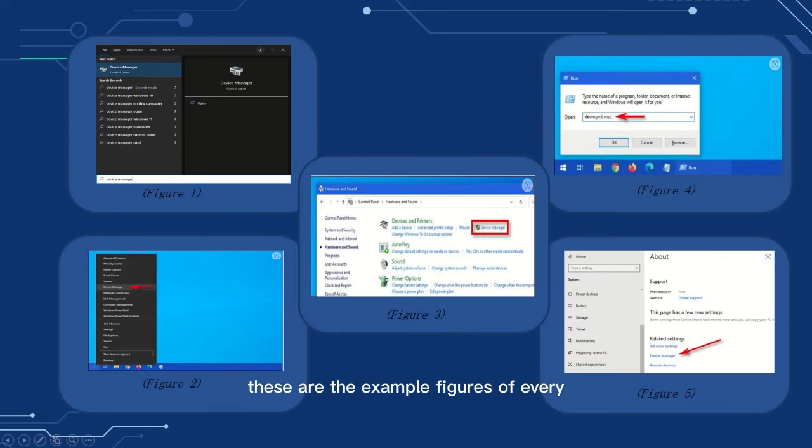So these are the example figures of every step-by-step process of opening Device Manager. Figure 1, you search for the Device Manager in a search bar. Figure 2, you right click the Start menu, and then figure 3 is accessing the Device Manager in the Control Panel. Figure 4 is by clicking Windows plus R, then typing